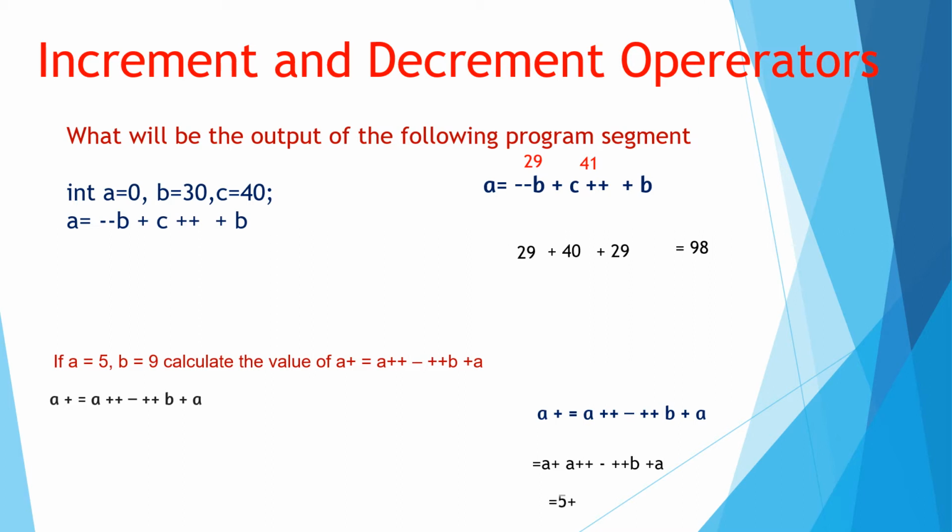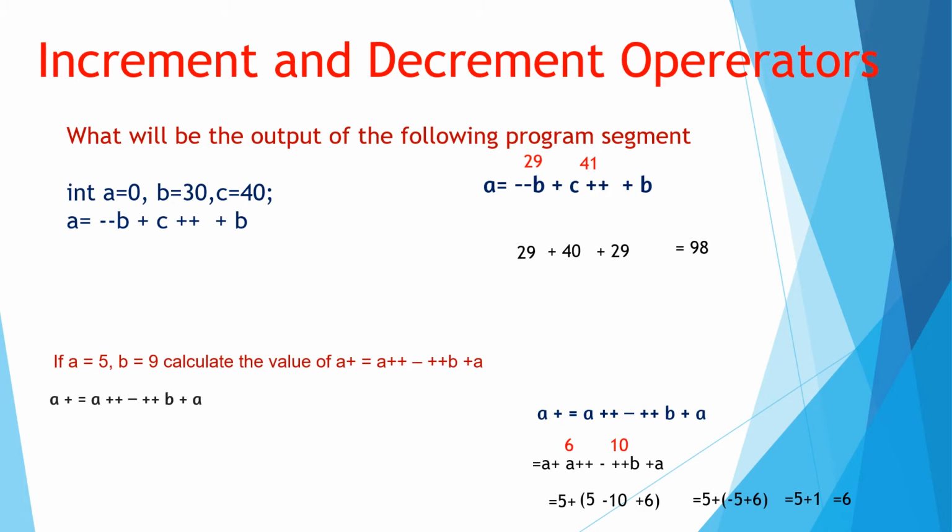And the original value we have to take here. So A plus means A was 5. Here A is 5, so 5 we have taken. And the rest will come in bracket. This number will be added only in the end. So A plus plus, it is a postfix operation. So here first you will use the original value and then the value will be changed. Minus plus plus B. Prefix, that means first you change it and then use in the expression. Plus A. The last value of A, it is 6, that will be used. That means the answer will come 5 plus 5 minus 10 is minus 5 plus 6. That is 5 plus 1, it is 6. The answer is 6.